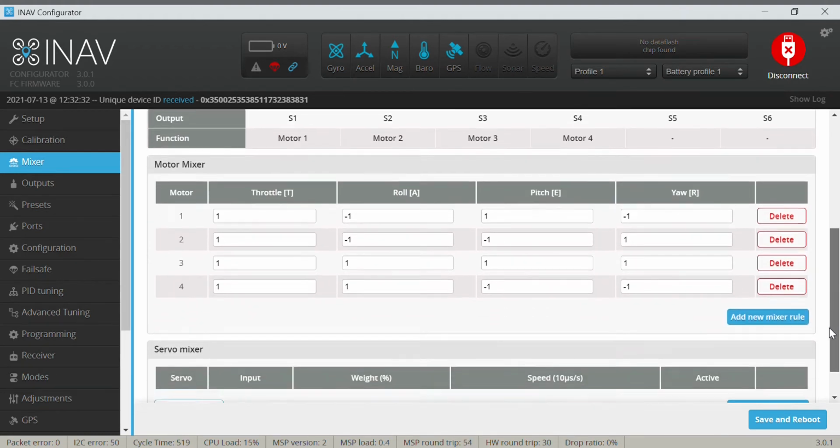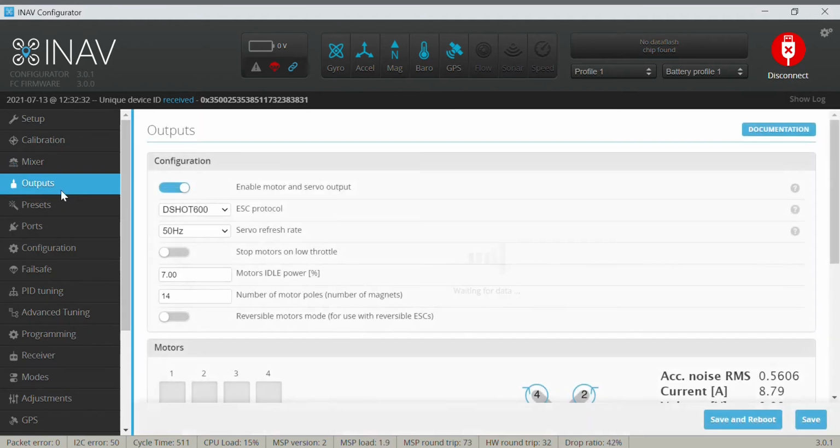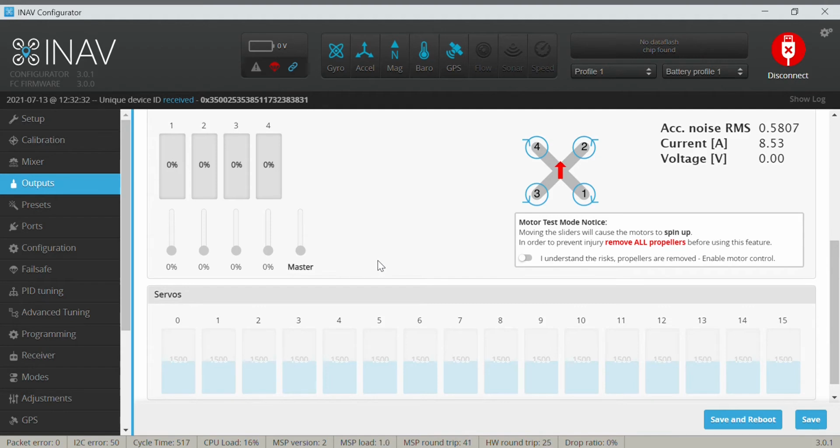You just click the mixer wizard and use the right motor. So let me quickly show you before we go to the mixer wizard. In the outputs tab, the propellers have to be off before you do this, as it states here in red bold: remove all propellers. I have done that, and let me show you. I click this, and then if I try to spin motor 1, then actually the